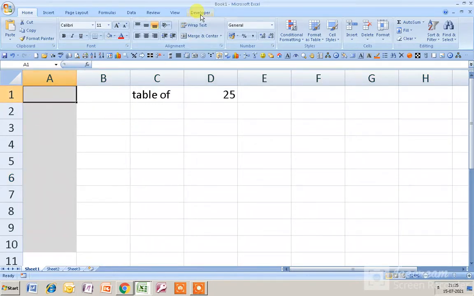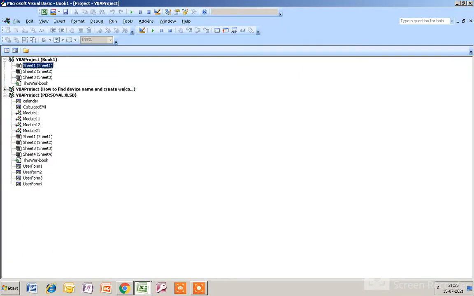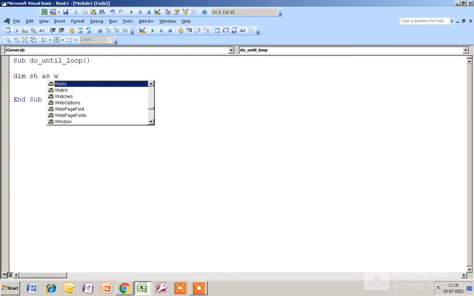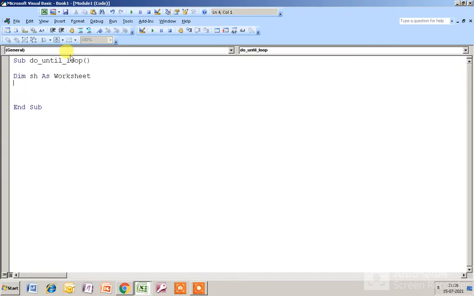To do this, I have to go to the Developer tab and Visual Basic, and I have to insert a module. At first of all, I have to give the module name, that is Sub DoUntilLoop. You can give any other name that you want. Okay. At first of all, I have to set the worksheet, that is Dim sh As Worksheet. Set sh equal to ThisWorkbook